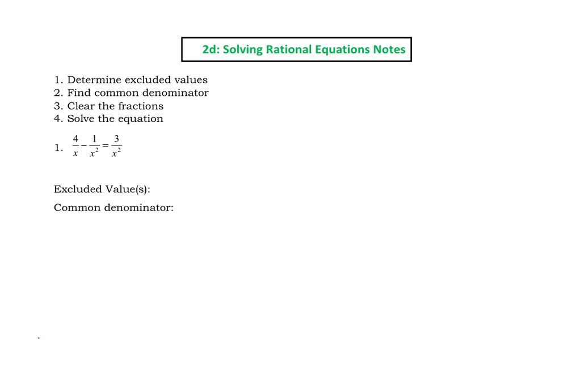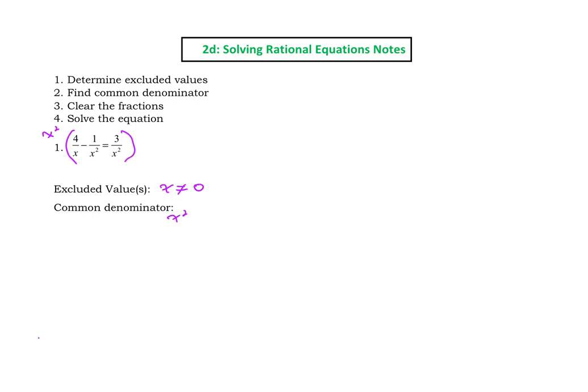So I see on this I have an x and an x squared and an x squared. Well, all those set equal to 0 are 0, so this says x can be everything but 0. And my common denominator is what I can multiply to clear everything, and in this case, it's the highest power, so it would be x squared. So what we do with that is I am going to multiply everything in this